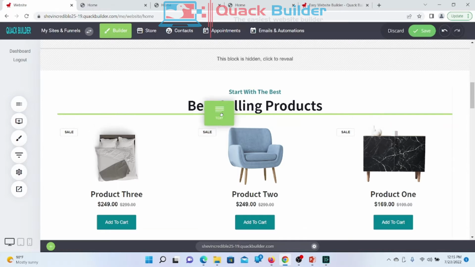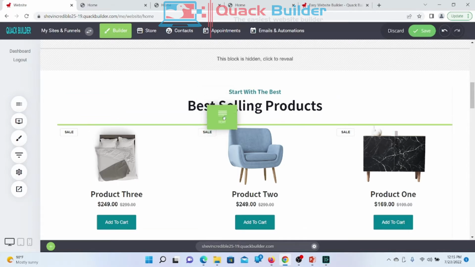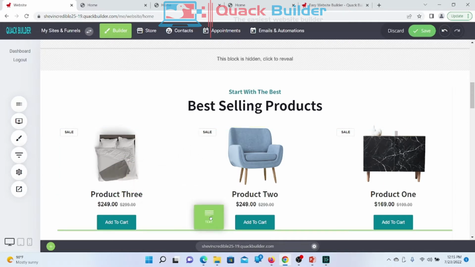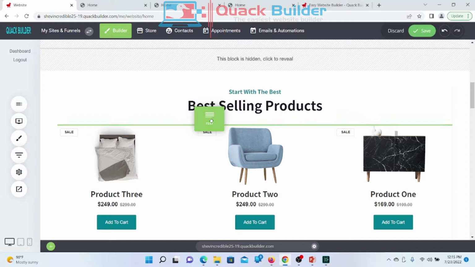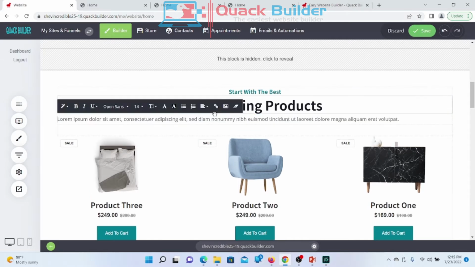But as you can see, the green line is the guideline of where you're going to drop the text. So if you want it there, you can drop it there. If you want it here, you can drop it at the side. You can drop it wherever you want to drop it. But you have to drop it carefully to keep your design still looking beautiful, because you can drop it somewhere and totally mess your design up. So as you can see right here, I drop it here,